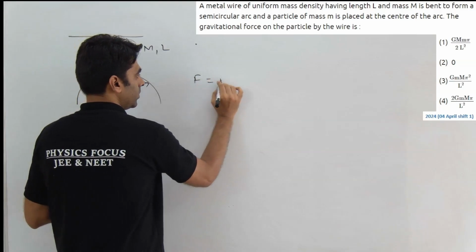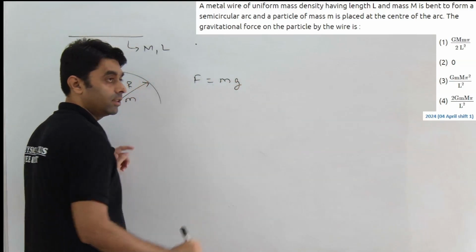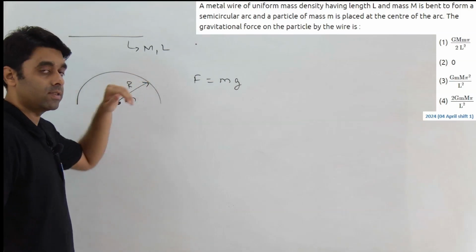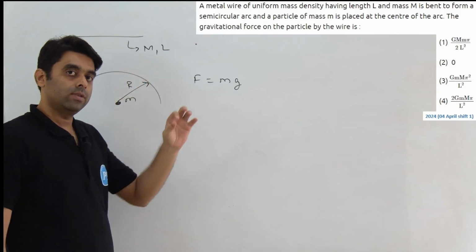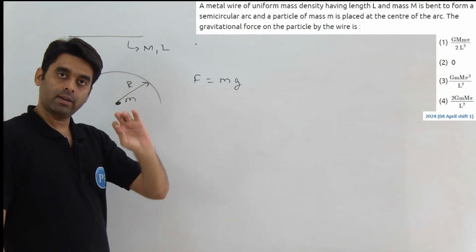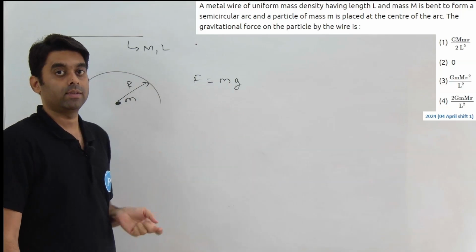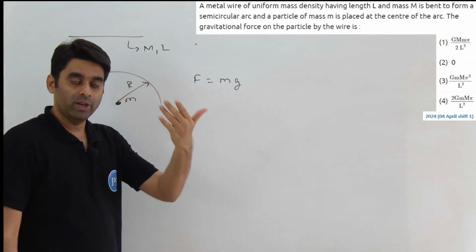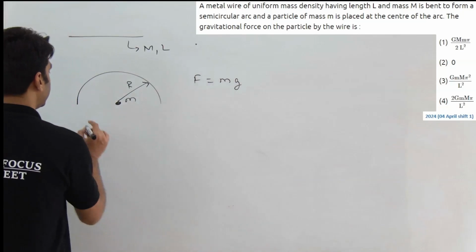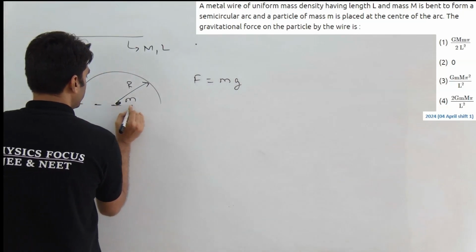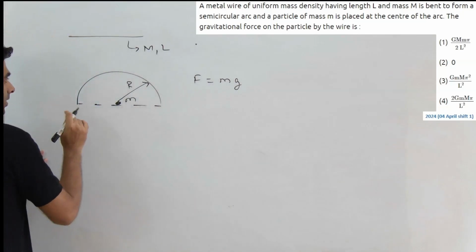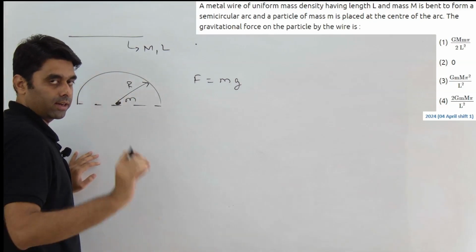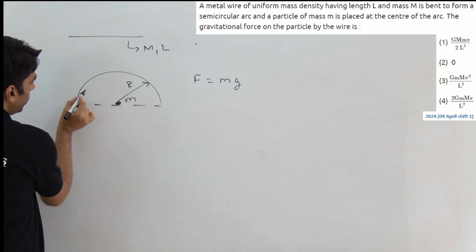Gravitational force on this will be m into g, where g is the gravitational field produced by this semicircular arc. If you know the result of g due to a semicircular arc, you directly substitute and you will get the answer. If you don't know, you will have to derive it. Let us derive that result over here. So due to this semicircular arc, if we have to find the gravitational field, what I do is,